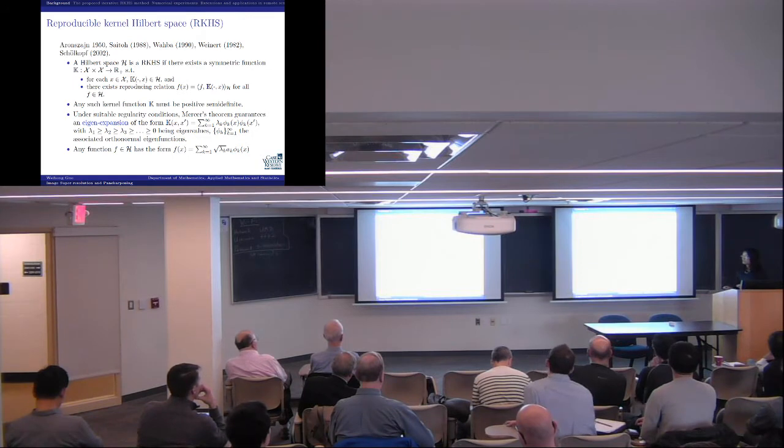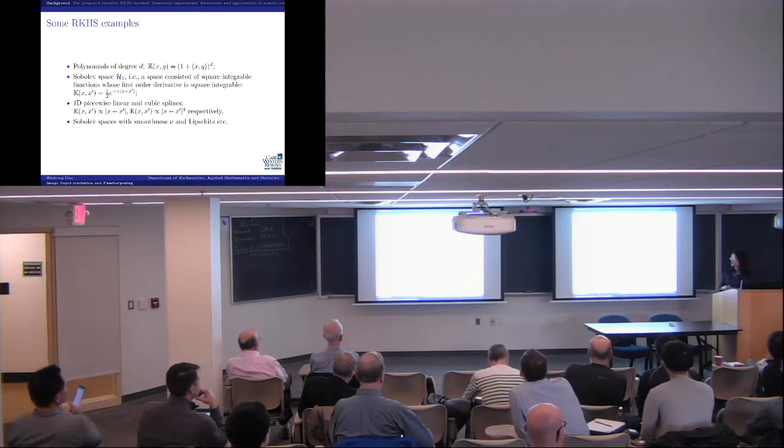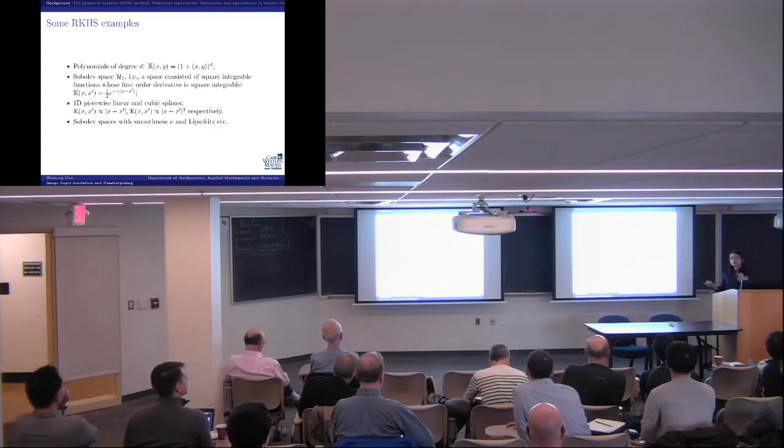And the flexibility is that by simply choosing different kernel function, you will be able to reach different spaces. It's still RKHS, but depending on how you choose your kernel, you're going to get different kinds of RKHS. For instance, if you choose your kernel to be a polynomial of degree d, your RKHS would be polynomials of degree d, which is something very nice. If you want to describe something super smooth, this would be a good choice. And some people choose a Gaussian function. That will be C infinity.